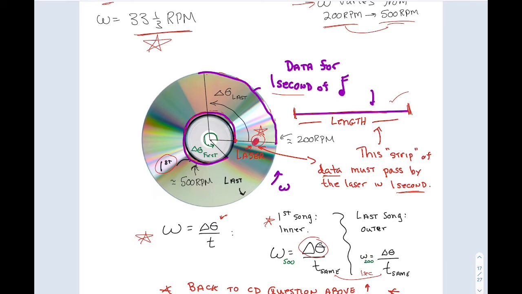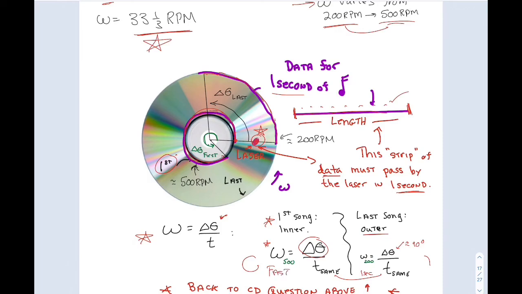But for the last song, the outer song, this same strip of data only takes up about a quarter of a rotation, or about 90 degrees. So that delta theta is small, right? That's only about 90 degrees. So for the disc to play 1 second of music from the first song, it has to go almost all the way around. But to play 1 second of the last song on the outer part of the disc, it only has to go about a quarter of the way around. So it has to rotate really fast,